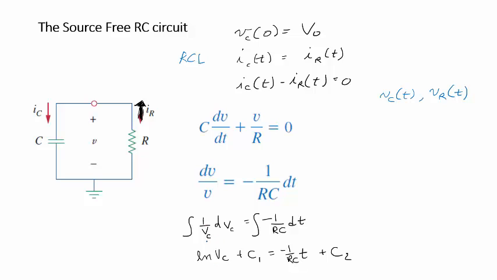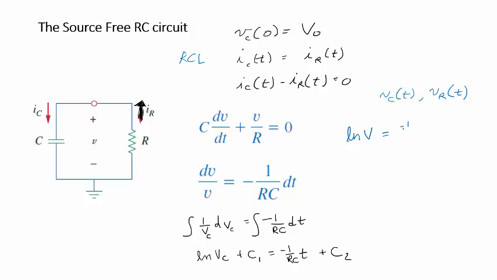When you integrate 1 over v, you get natural log of v plus a constant. And on this right-hand side, this is just a constant. So when I do an indefinite integration right here, I get the constant times t plus a second constant, a constant of integration, since this is an indefinite integral. So here's where we play a few little games. There's no reason why I can't add these two constants up and move them to one side of the equation, right? So now I have ln of v